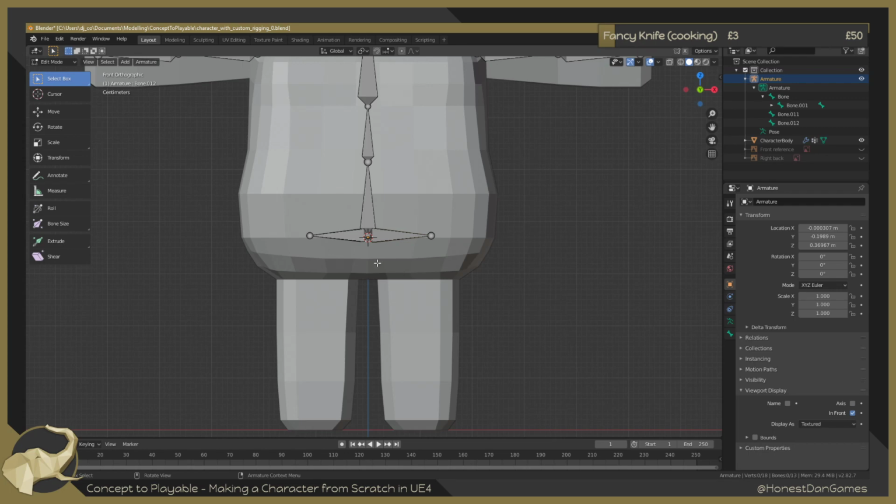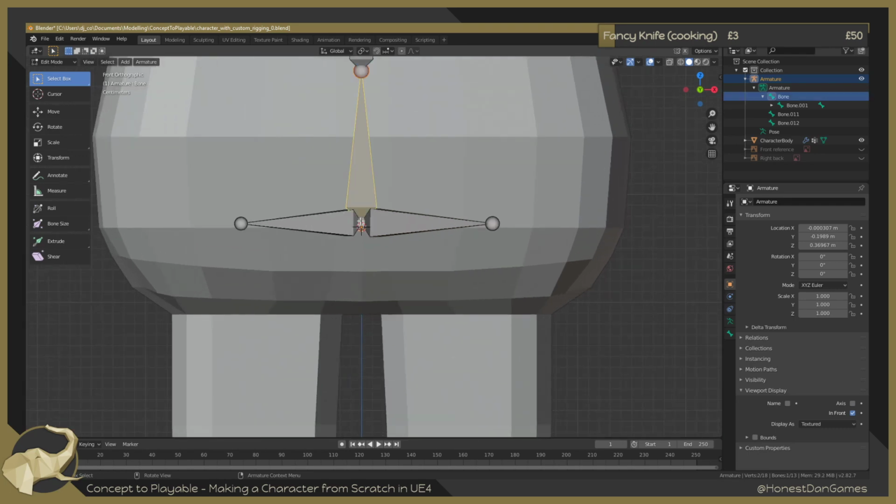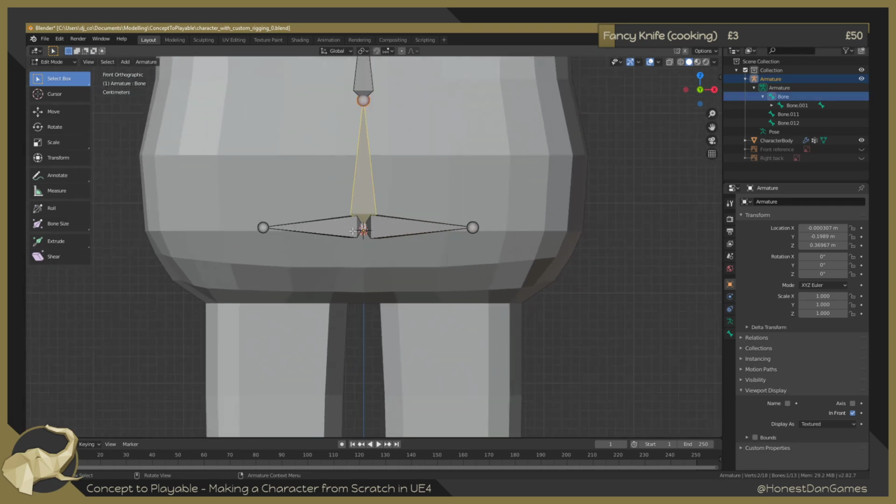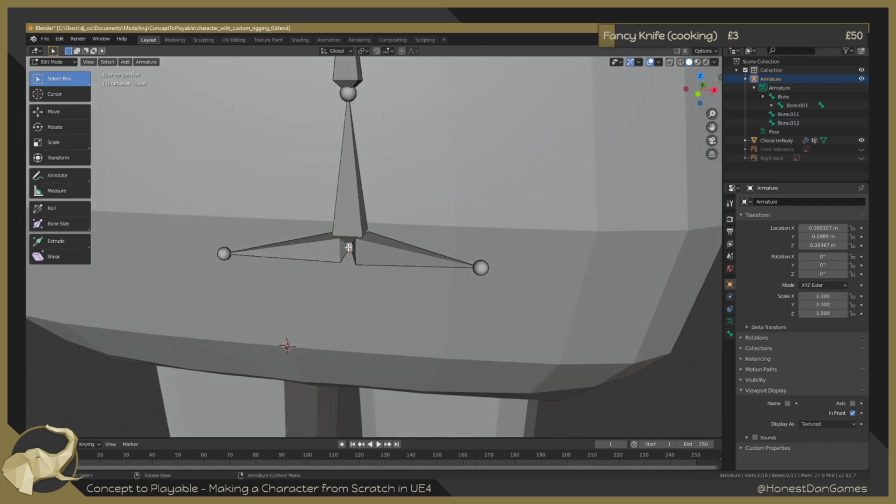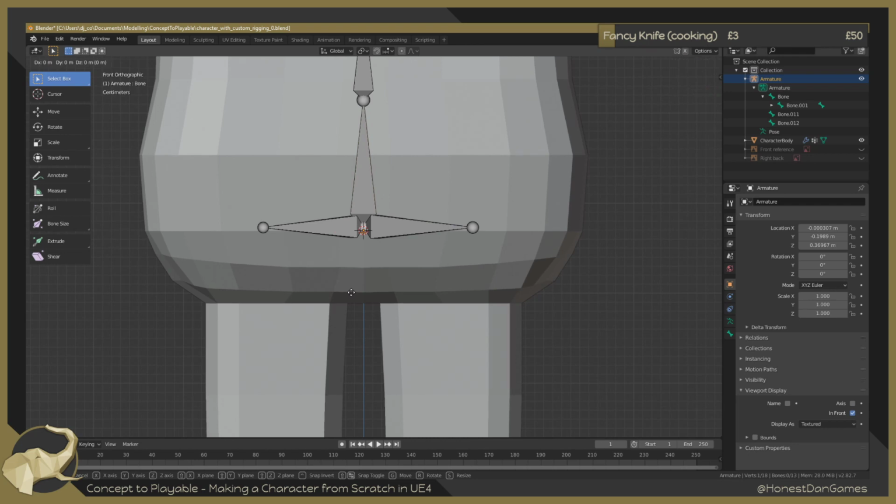Oh, I think I might have an idea why they do it like that, actually. Because it's to keep the groin consistent. Yeah. Because if this is by here, it's going to move equally, whereas if you manage to move it down, I'm trying to just select that one there. Yeah, so if we just move this down,